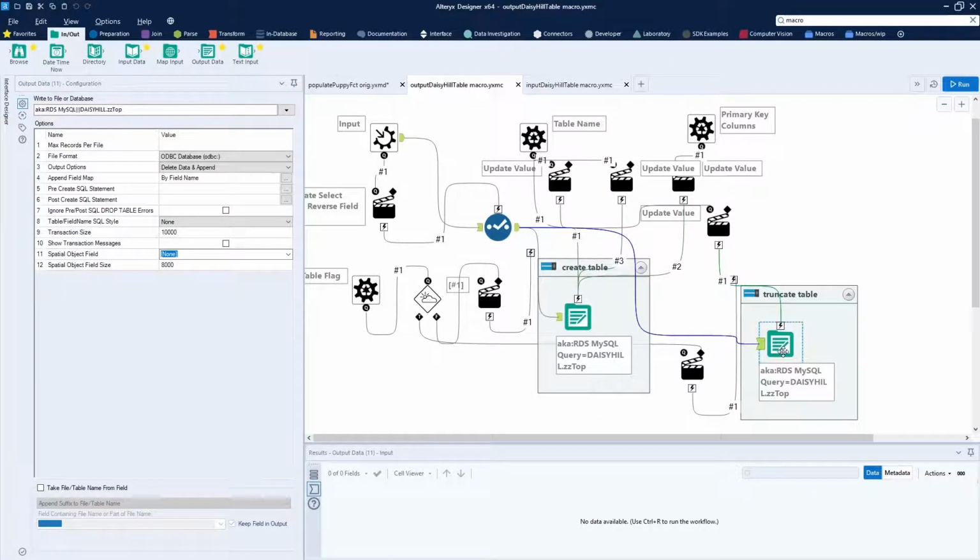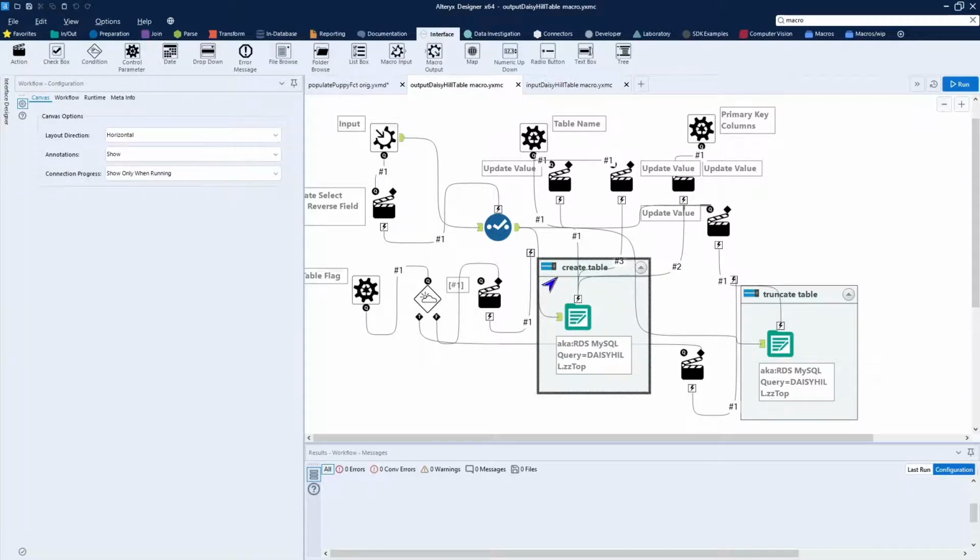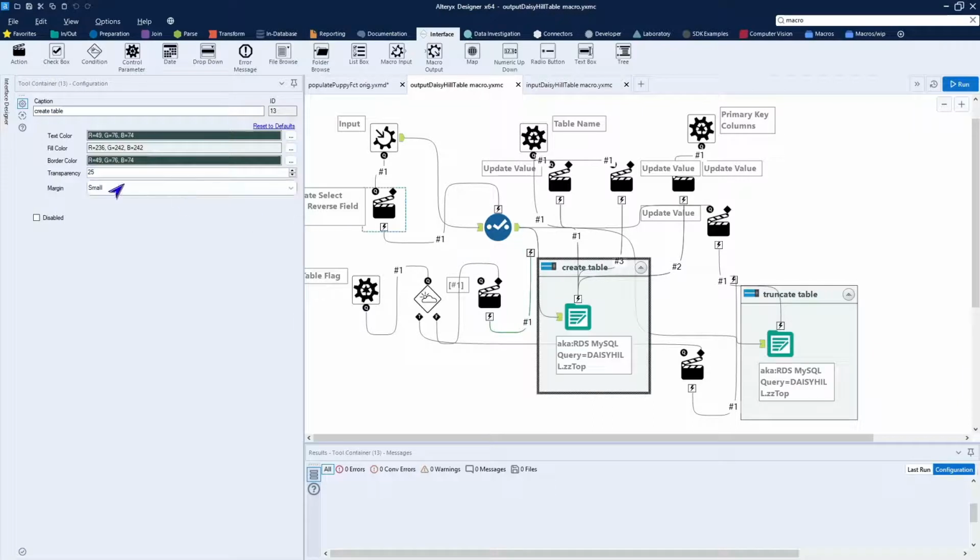Alternately, if we go ahead and want to do the truncate table, all that we need to do here is to change this table name. But how do we determine which one of these we run and don't run? Well, that's because we have them within a tool container. So for the tool container, don't forget if you look at it, you have this disable capability. So what we want to do is be able to have our macro disable